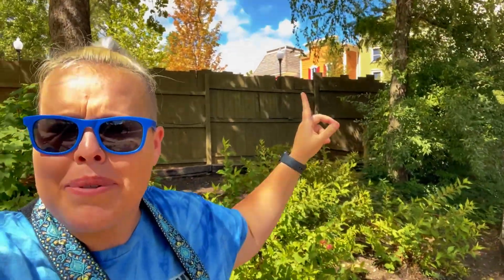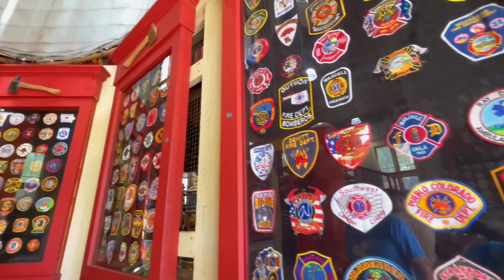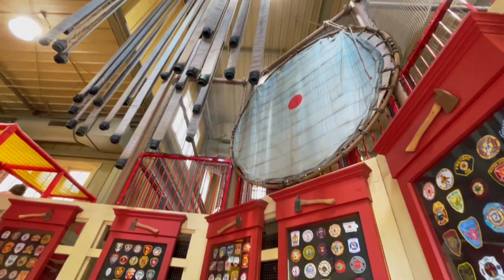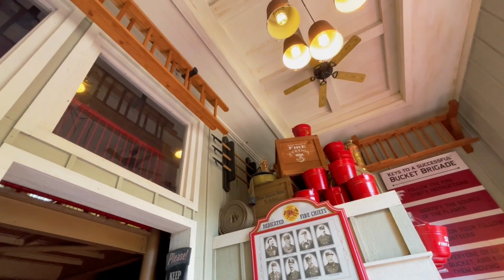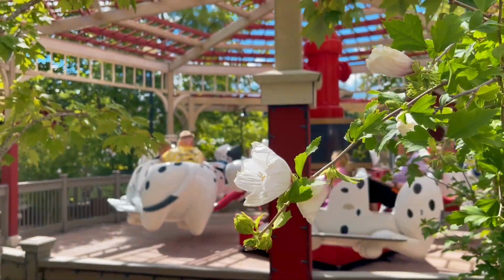I've ridden it since I was a kiddo, so I had to bring you guys along for this cool thing to get a little glimpse, just a little one. But wait, there's more. I'm going to show you a few other things that are here, including the kids swings, the little dogs that you can ride, and then there's something really neat here. Needless to say, this is going to be super fun, and you can see the theming is already awesome, so